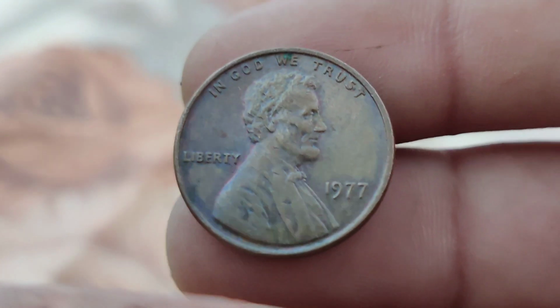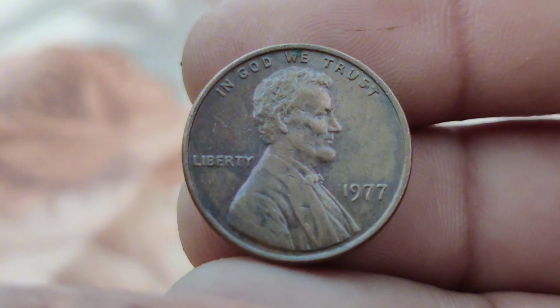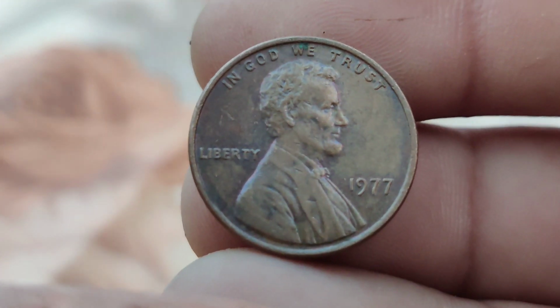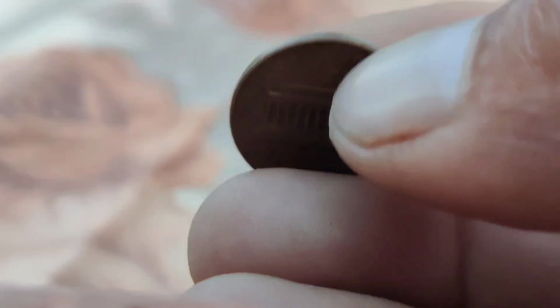Next up, we're talking about the 1977 Lincoln penny, specifically one without a mint mark and in very fine condition. How much is it worth today? Could you be holding on to a small fortune? Let's find out. Before we get into the market value, let's take a step back and appreciate the history of